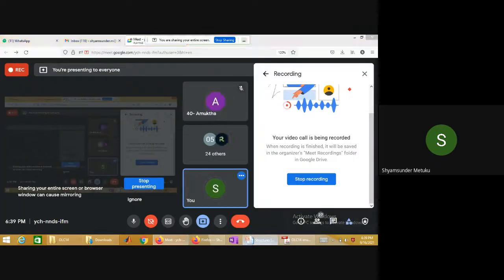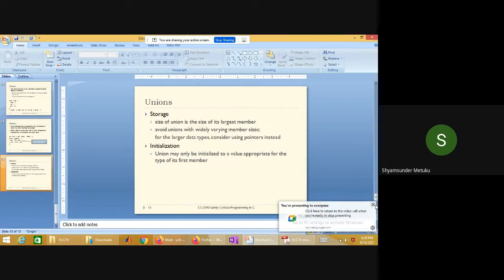So it is not much different from structures. Everything is the same, except the memory is reused for all the members of the union. And the reserved word, instead of struct, is union. Coming to pointer usage, an array of unions is not required; only a single union variable is required. It is used very rarely in programs, but if there is a need, it is better to go for this type of data type.